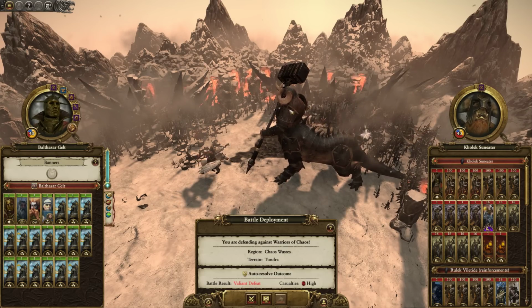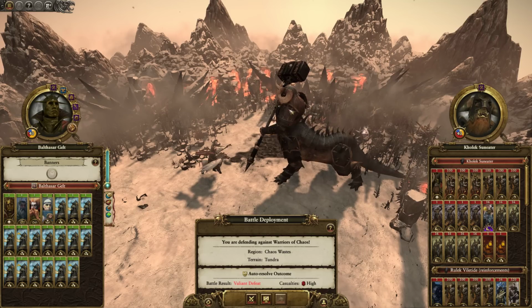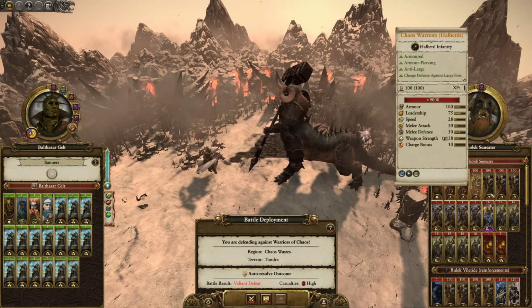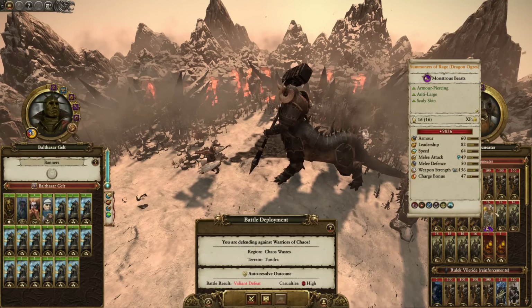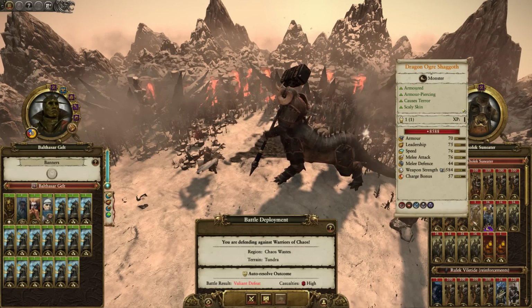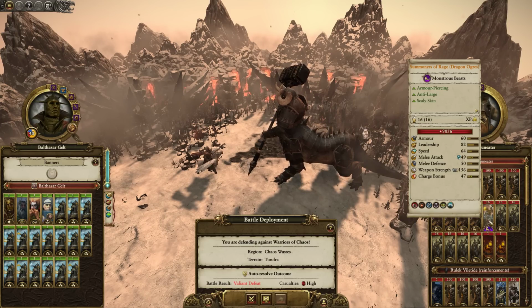Legend of Total War here, and today we've got a saving disaster battle playing as Balthazar Gelt going up against Kolek Suneater, where we've got a steam tank Doomstack, but we're also going up against a lot of force here as well. So Kolek is very powerful on his own, but he's got 4 Shaggoths and a whole bunch of